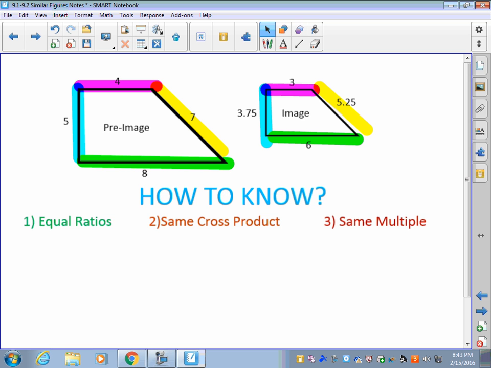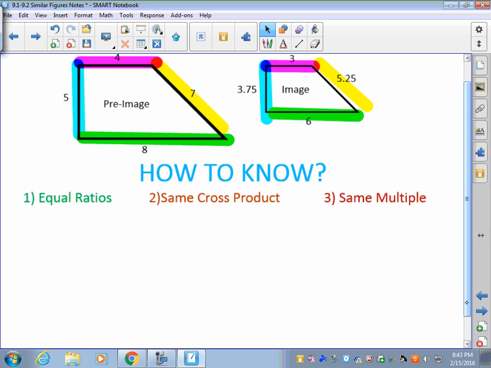And so for our equal ratios, I'm going to scroll this up just a little bit so you can see at the bottom, because I'm going to put 1 and 2 together so you can see them all at once. If I'm talking about equal ratios, I want to compare the corresponding sides, and I want to write them as a ratio. You can do pre-image to image or image to pre-image. I'm going to do pre-image to image. If I'm doing the scale factor, just make sure you go in the different order. Basically, I have 4, that 4 that we have up there went with 3. And that was equal to